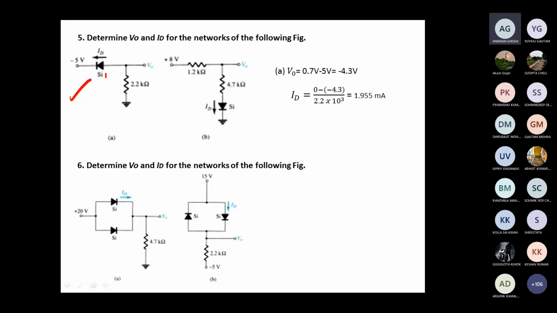Is it wrong, this calculation? I don't know, let's check. No, 2.3 milliampere, sir, it's okay. I took the knee voltage only. No, sir, it is correct. 1.95. So you see, this is 0.7 volt because one voltage is here across this knee voltage. Minus 4.3 volt here. So output VO is minus 4.3 volt.